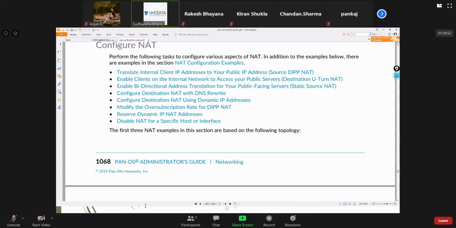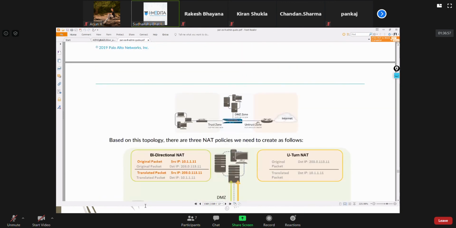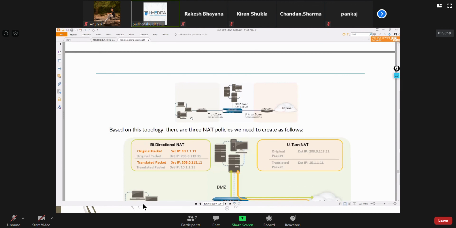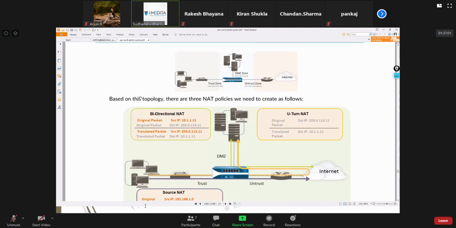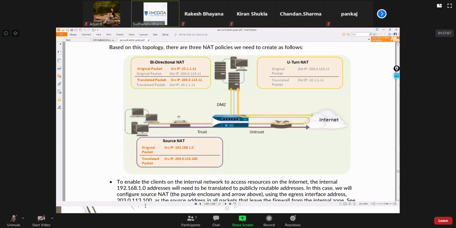Also, they have this configuration options like trust zone, untrust zone, DMZ zone. They have discussed some other forms of NAT, bidirectional NAT, U-turn NAT, so you can have that.